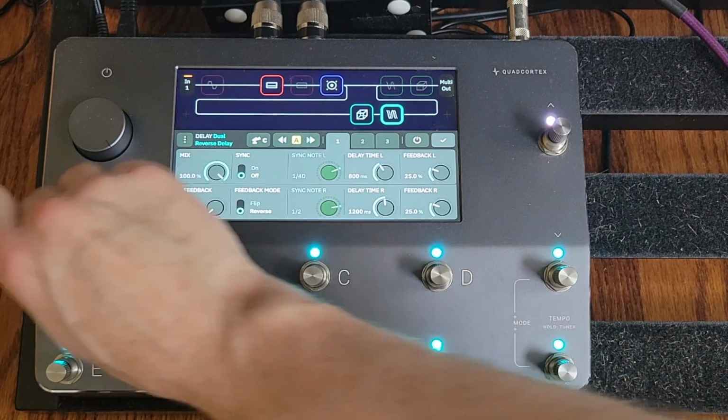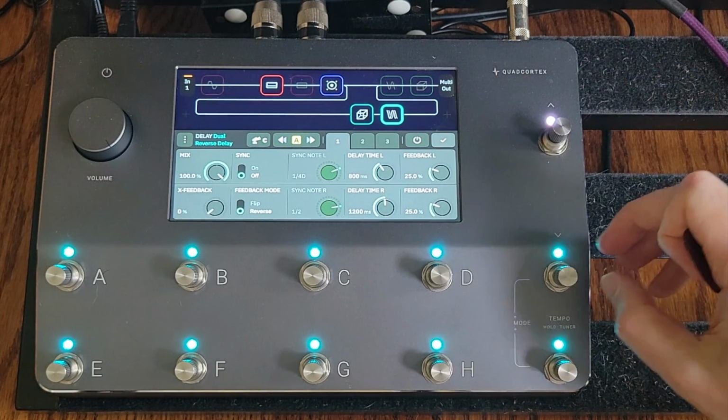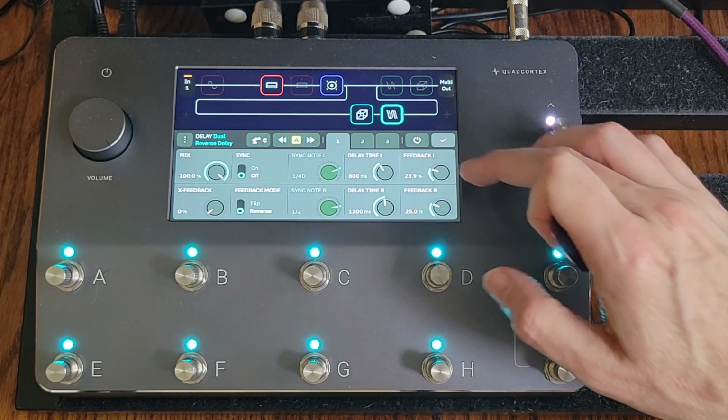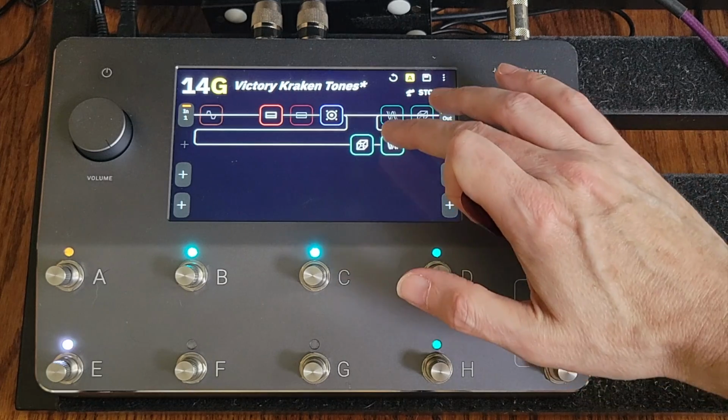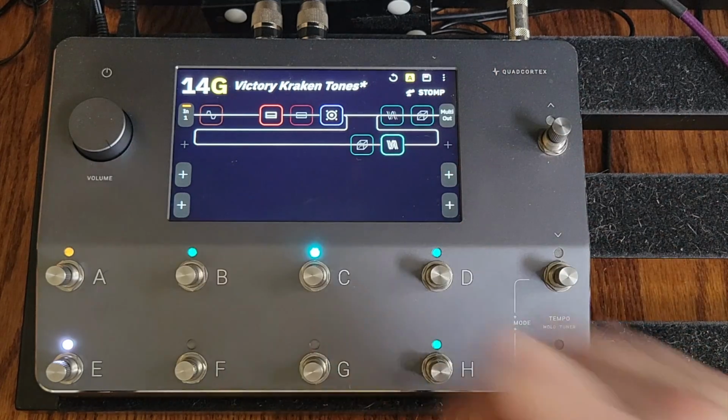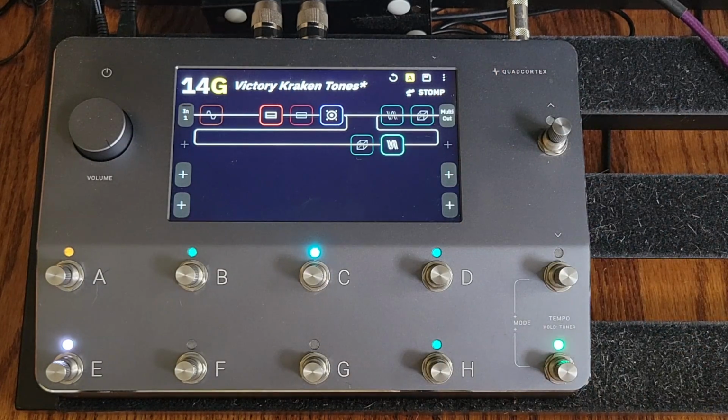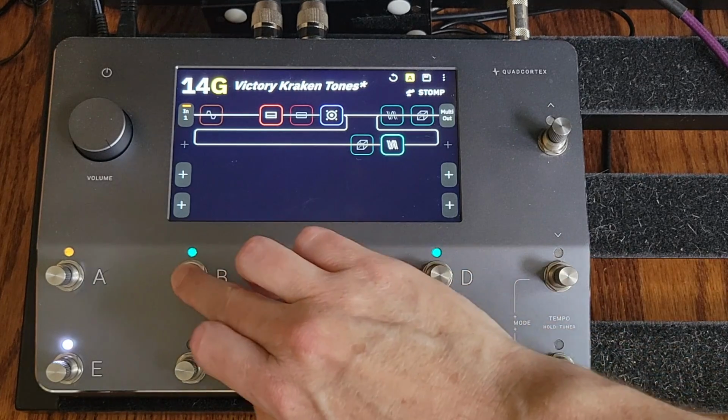And again, we'll put the mix all the way up. And we'll set the feedback down a little bit. So here, let's turn off the, so it sounds like this. And then if we turn on the reverb,